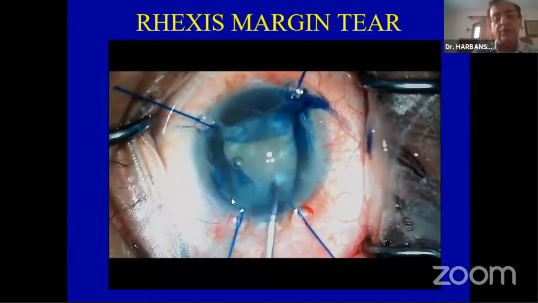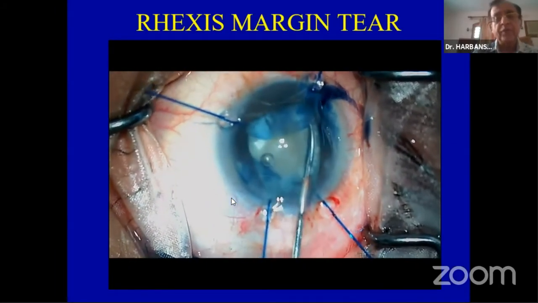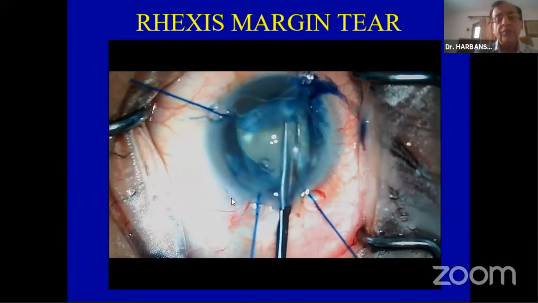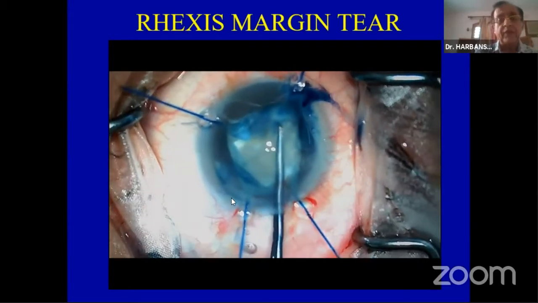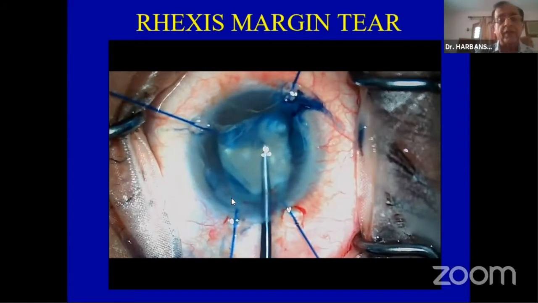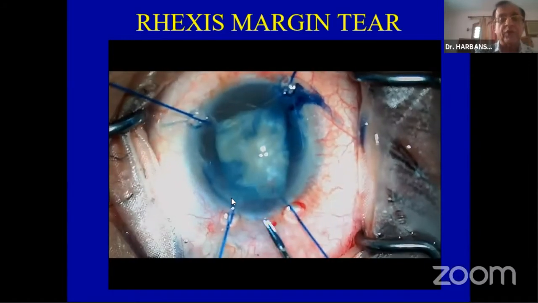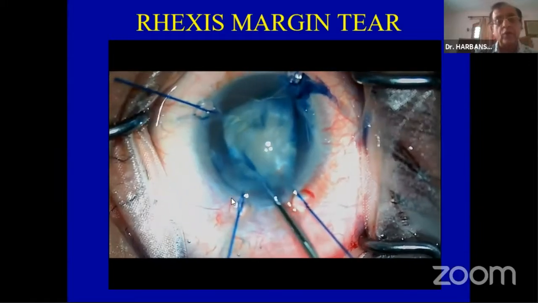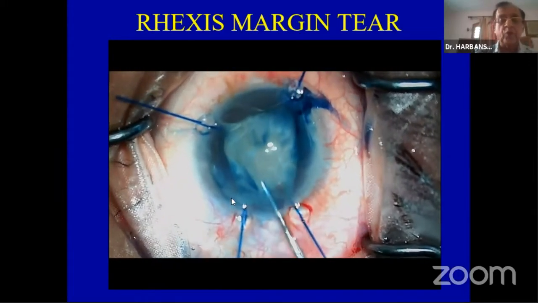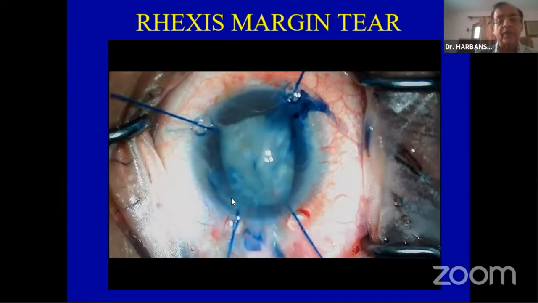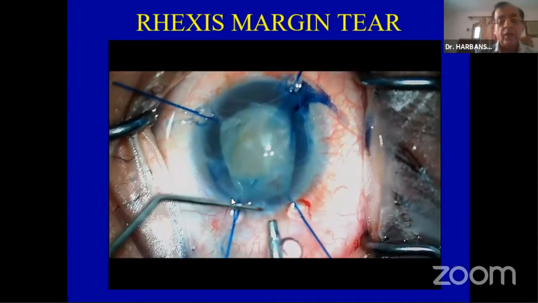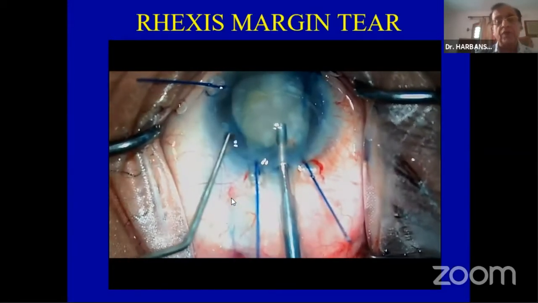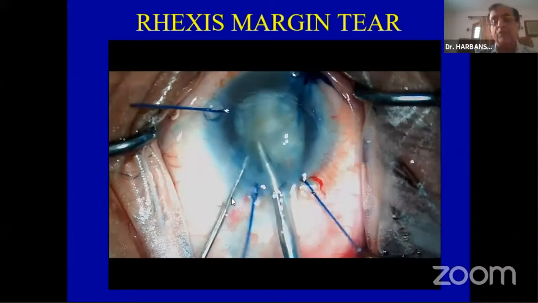We have got a lot of liquid fluid. Now we cut it over there. We cut the capsule with the scissor and remove the part of the capsule to make sure, and luckily this area where we are going to perform most of the phaco is round and strong. Then we remove this tag also to avoid it coming into the phaco probe. Now we have got this absolutely central clear area over there. Now, because of our hook position, the iris is not getting rubbed with the phaco probe.